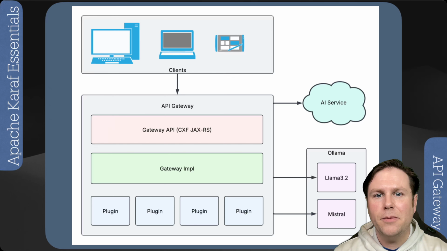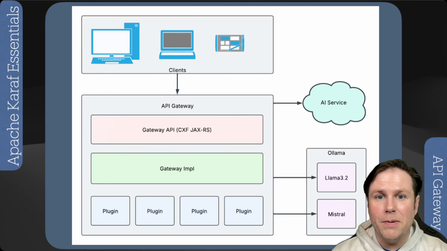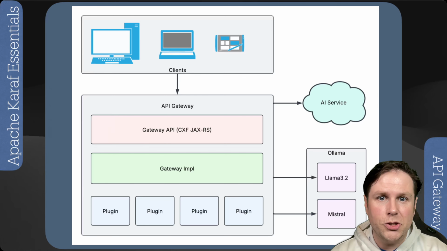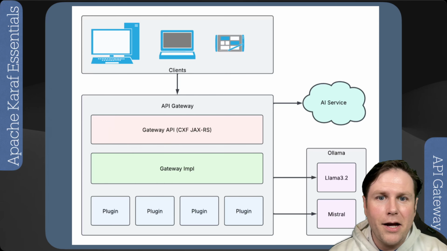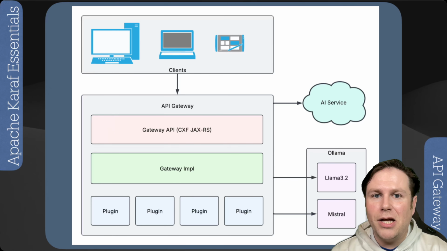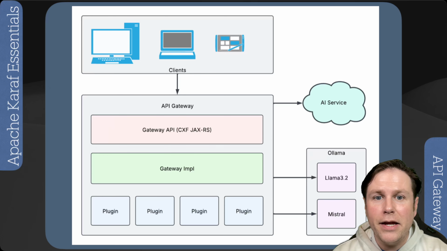This plugin system will allow us to set up either different models, qualities of service, or just say what provider. So we want to use, say, Mistral running on our own premise, or Mistral running on a cloud instance. We want to use something from OpenAI. We want to use some experimental model we have in-house. These are our way to be able to plug this into the API gateway,